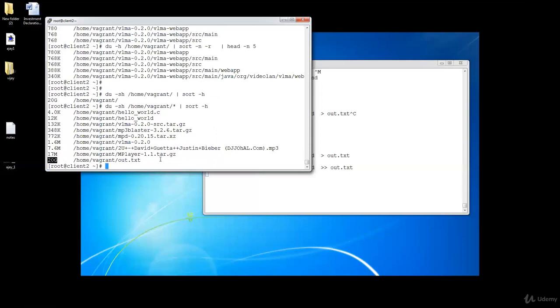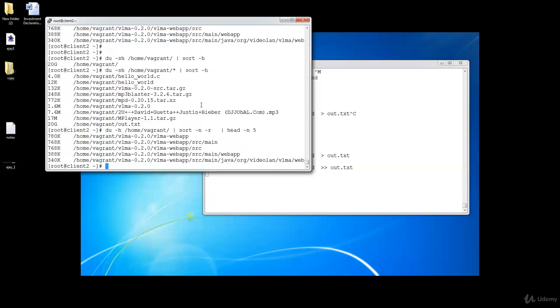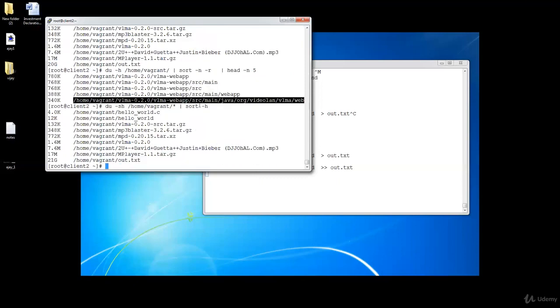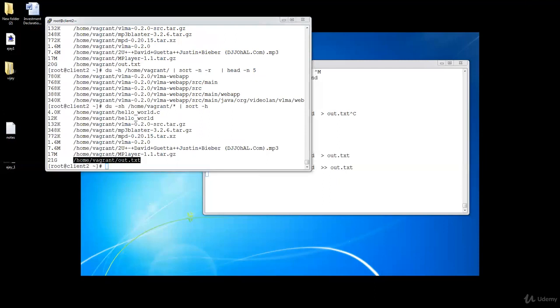So in this way we can conclude where the actual problem is. The actual problem is this file of 20 GB, which is a bigger file. So in this way we can sort it. The previous command is also showing us the same output, but it's showing the smallest file, right? The large file we can see with the help of sort -h, right? So sort -h will sort it in descending order and we can find out the maximum file size. And here we go, we can inform the user this is the file consuming a lot of space on our system, and after that we can take an action for that. All right.